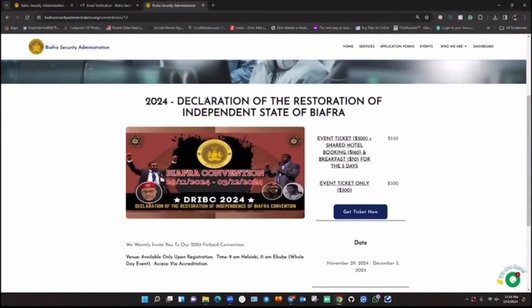And here you see 2024 Declaration of the Restoration of the Independent State of Biafra. Event ticket, $300. Shared hotel booking, $160. And breakfast, $70 for the 5 days. And the price is $530. There's another type of ticket, event ticket only, which is $300. So whichever one you decide to choose,